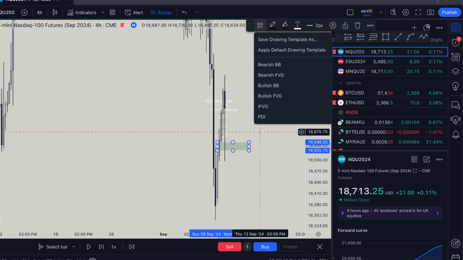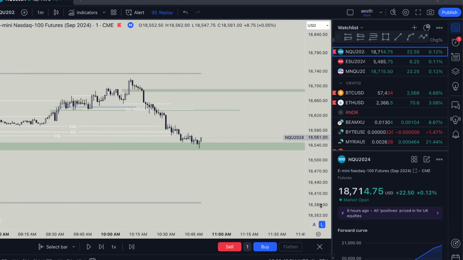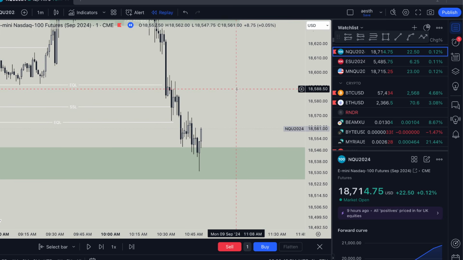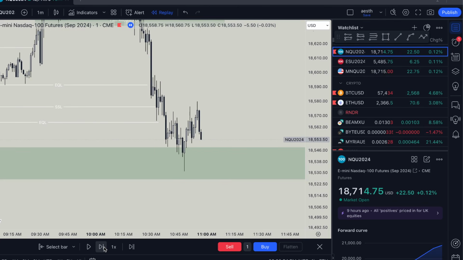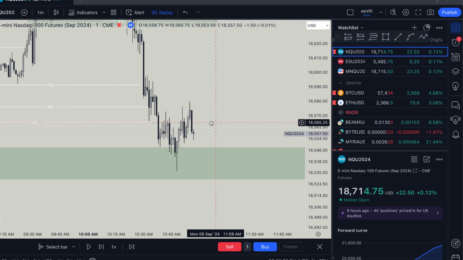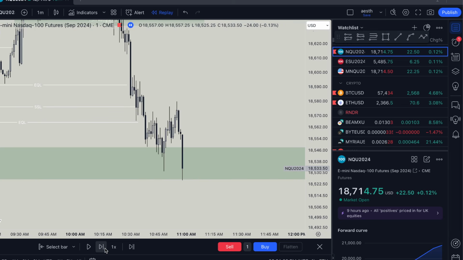After price runs down and takes out all the sell side liquidity, we hit an unfilled bullish fair value gap on the 4 hour, and now we can start anticipating a bullish move at any given time. And now it's just a matter of waiting for a good entry. But the problem here is that we're pushing close to 11, and the chances of you getting a good entry at this point are super slim.